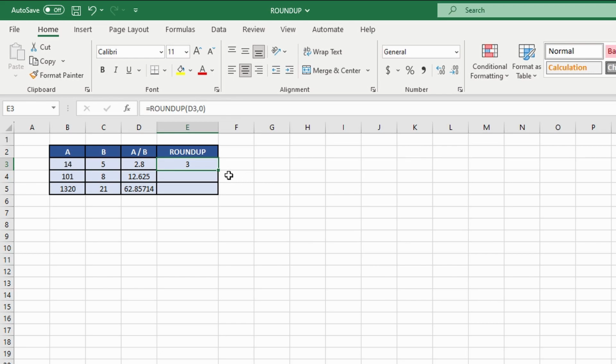Let's try dragging the function down towards the very last value by dragging the green box on the lower right corner of our cell. And there we go. As you can see, by entering the roundup function, we got a result of 3 for 2.8, 13 for 12.625, and 63 from